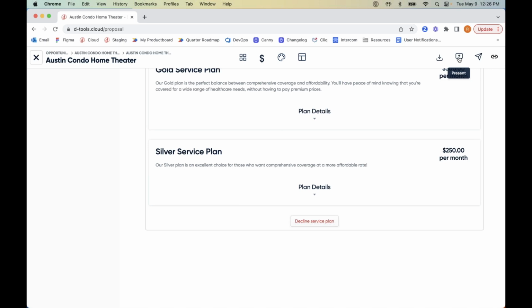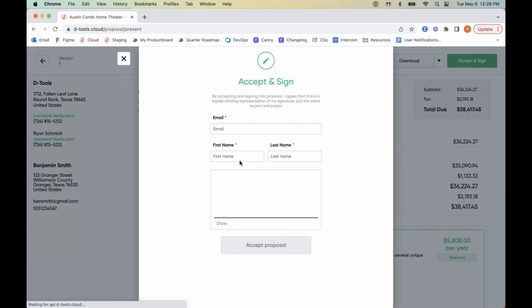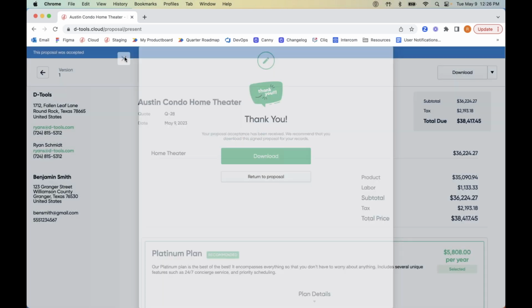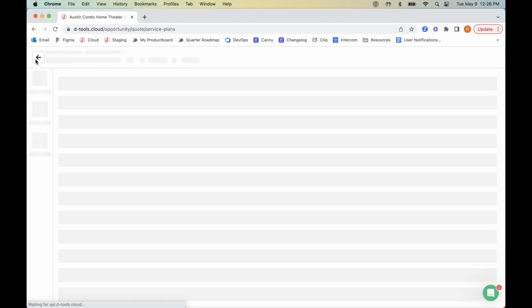From here, I am going to present this. I am going to go through this accept and sign process just real quick. I'll put Brian at DTools.com. And then we'll accept and sign this. And that's that. And the reason I wanted to go through that process for you is to show that when we do back out of here,